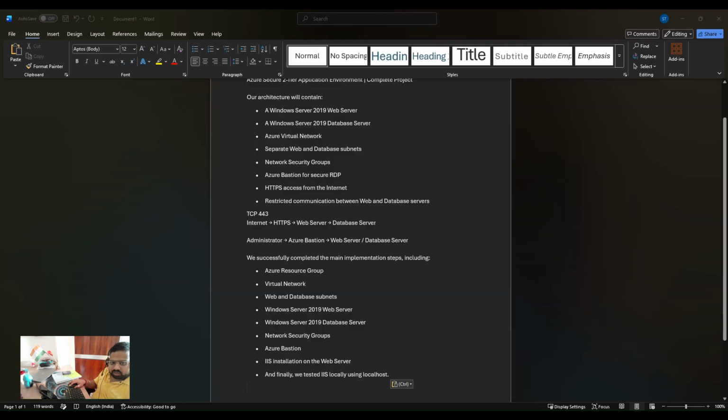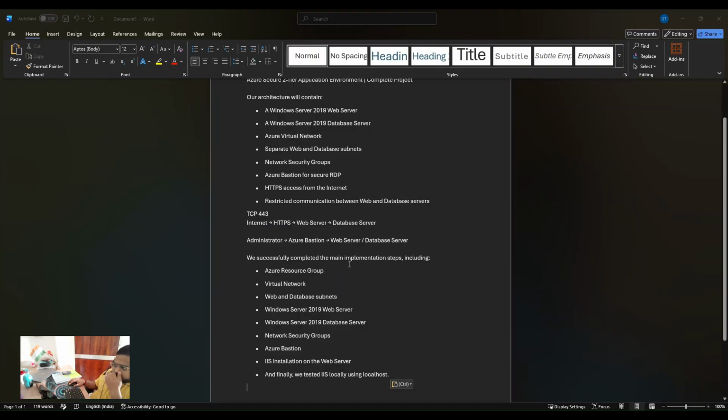So at this point, I want to mention an important thing. This project was created using Azure Lab subscription. The lab subscription has now expired, and Azure resources associated with this lab environment have been deleted. So I won't be able to continue the live Azure demonstration from this environment. However, the important part is that we have already completed and demonstrated the core implementation in steps,